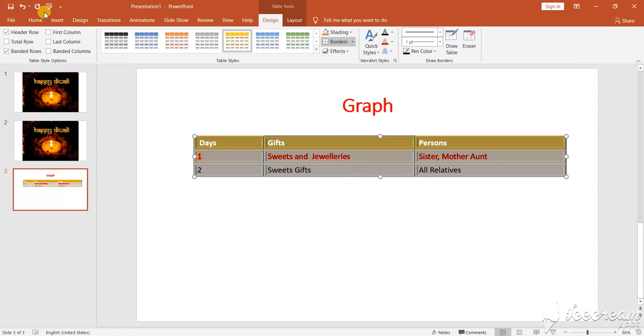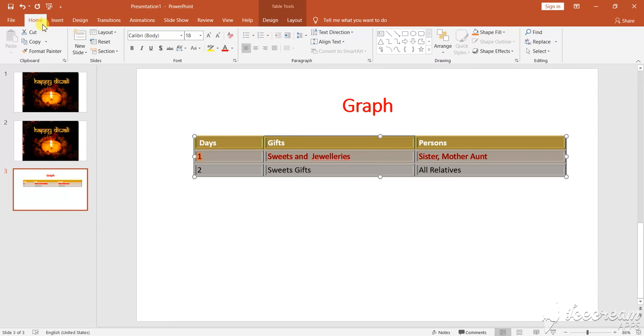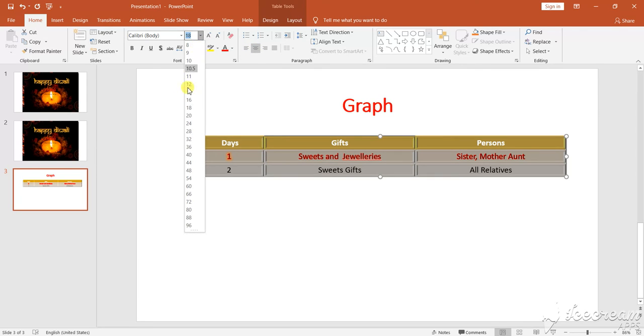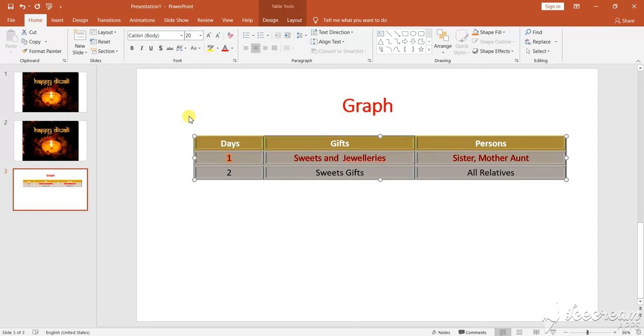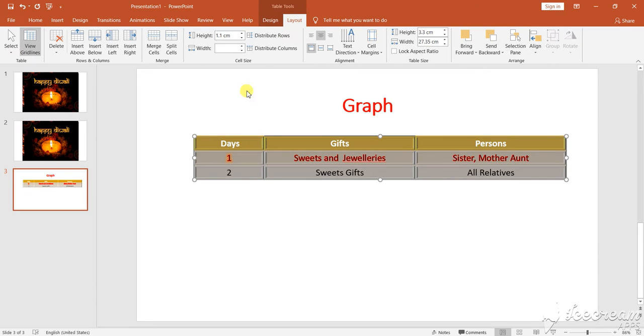Now for writing that needs to be brought in the middle, you can go here, see here, all the writing will come in the middle. If you want to increase the size of the writing, that also you can do. Suppose I am increasing it. So this way you can do the different types of insertion of the table. So this is how if you want to add more columns of it. Suppose if you want to add more rows on